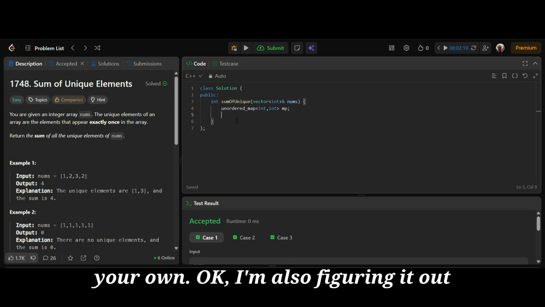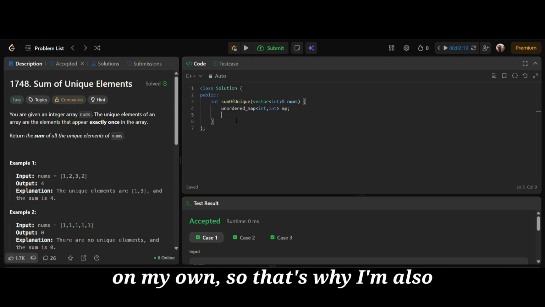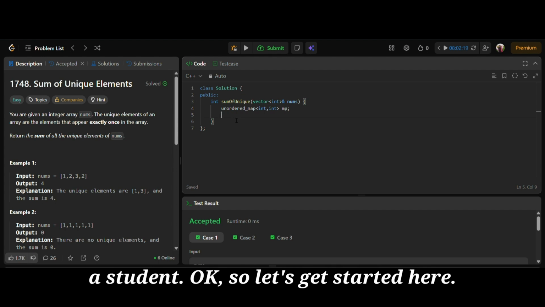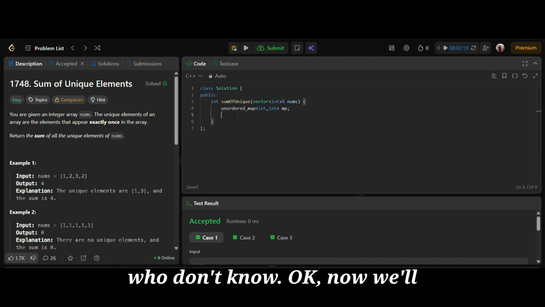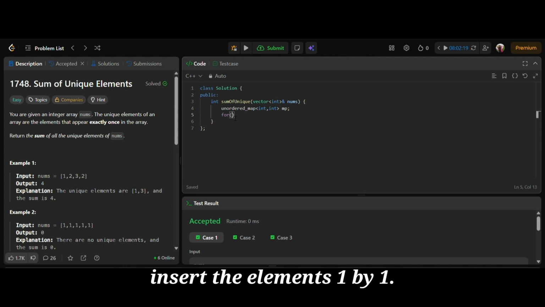I'm also figuring it out on my own, so I'm also a student. So let's get started. Here, this is the syntax for those of you who don't know. Now we'll insert the elements one by one. So from the vector,